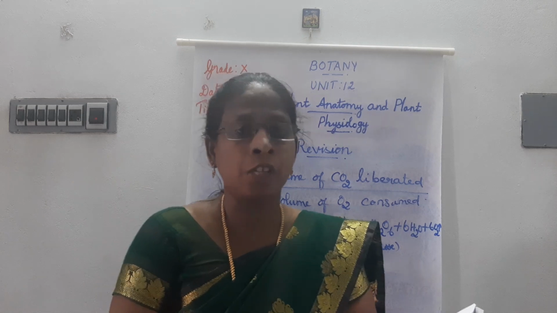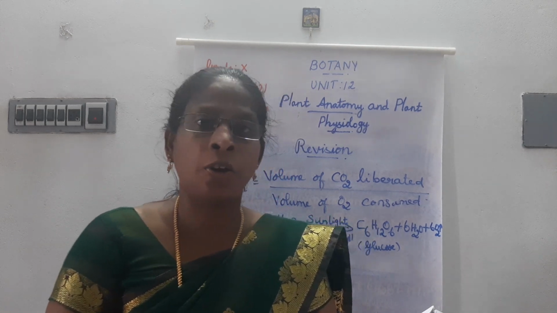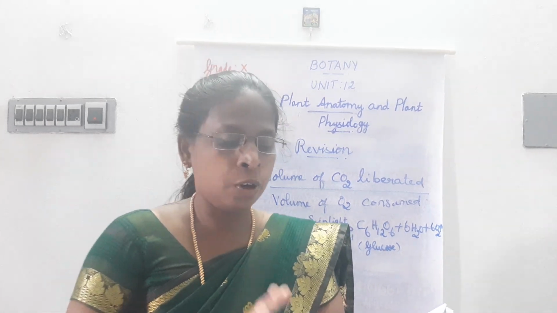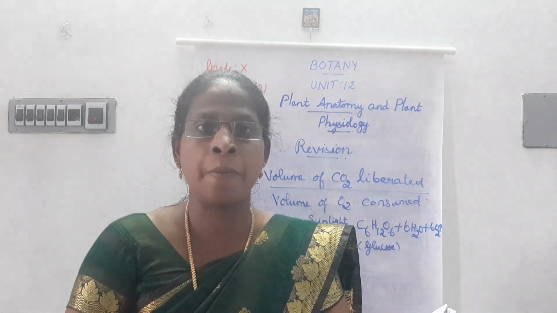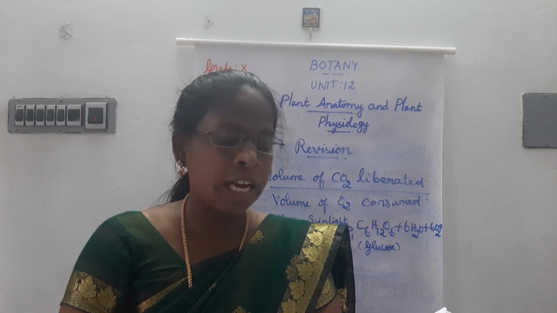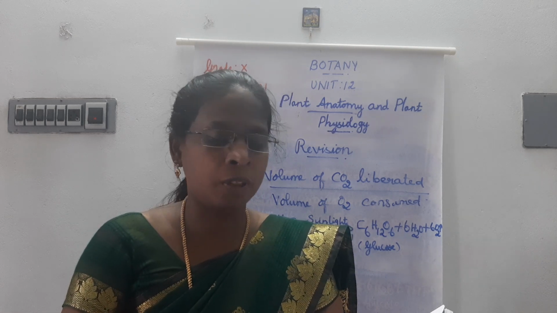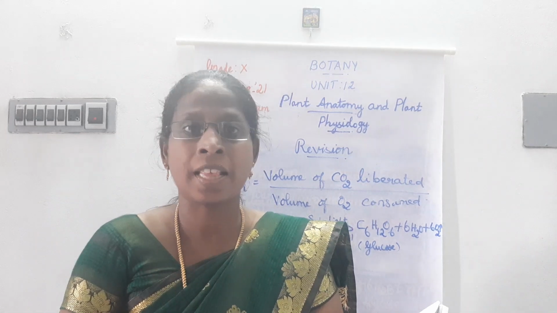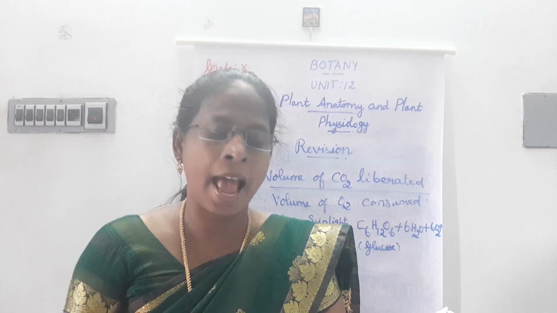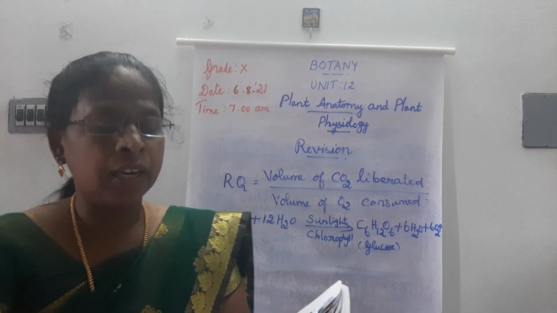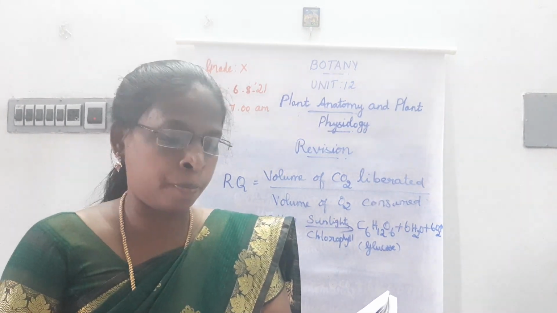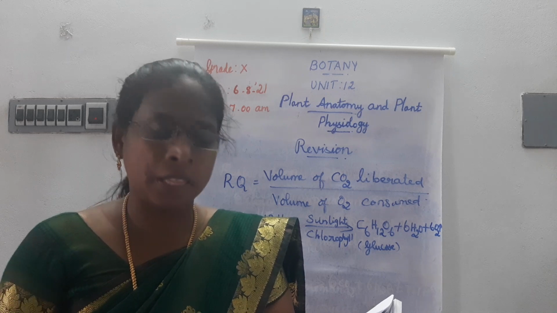Then about the cambium tissue. It is present in the dicot root, but only during secondary growth. In the monocot root, cambium is absent. Then about secondary growth: in the dicot root, cambium is present, so secondary growth is present. In the monocot root, cambium is absent, so secondary growth is absent. Then about the pith: in the dicot root pith is absent, in the monocot root pith is present.